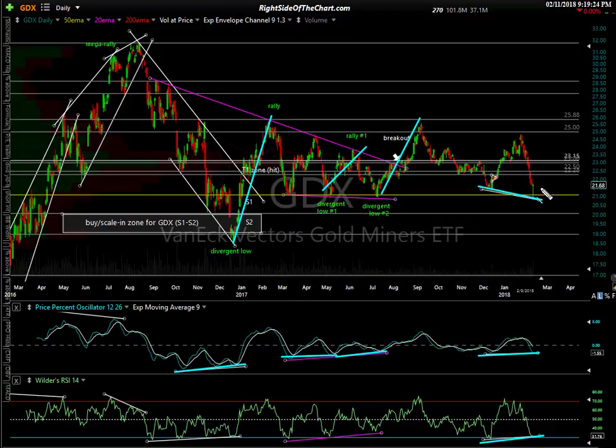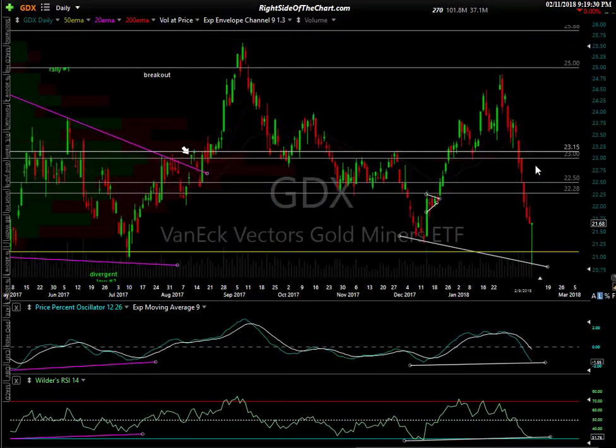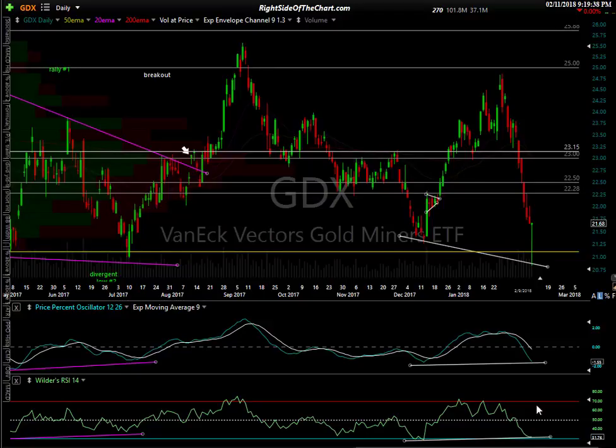If you want to know where I think GDX is going, at bare minimum, you can see these target zones up here. Let me zoom that in. I have the first target zone around 22.28, so we'll call that 22.25 or so up to 22.50. That's my first target zone. I have a high degree of confidence that'll be hit, and I think it'll be hit very soon. And I would also put very good odds